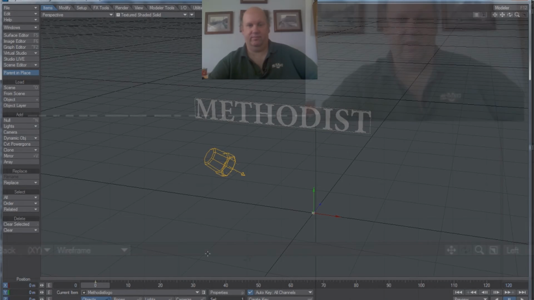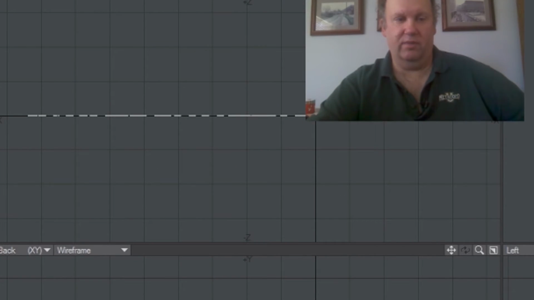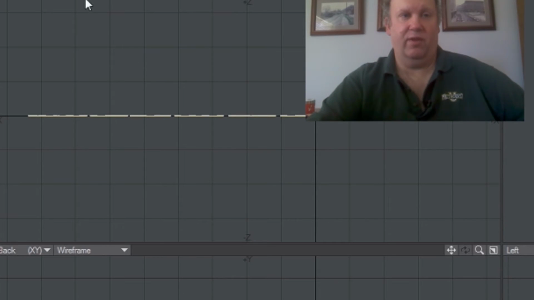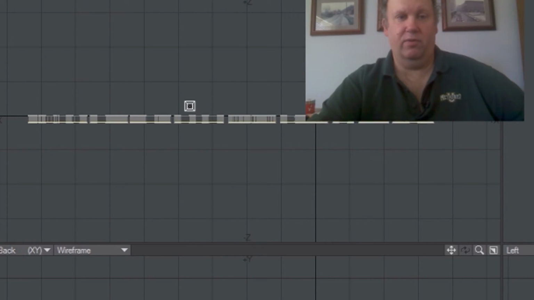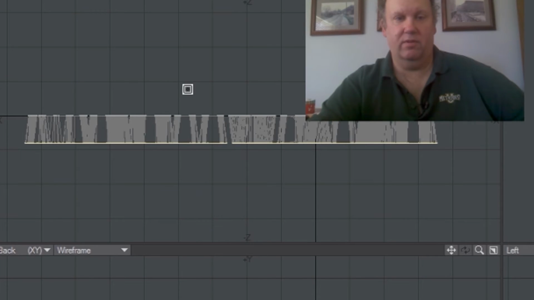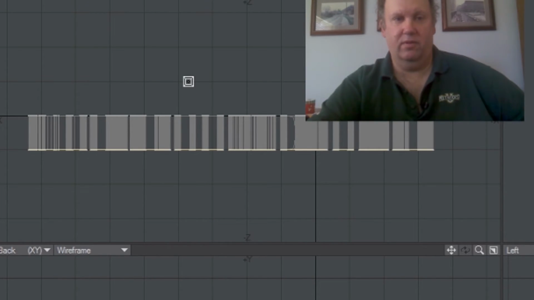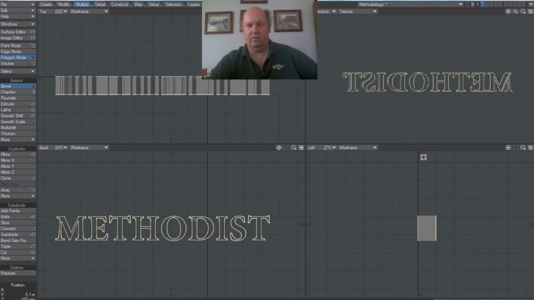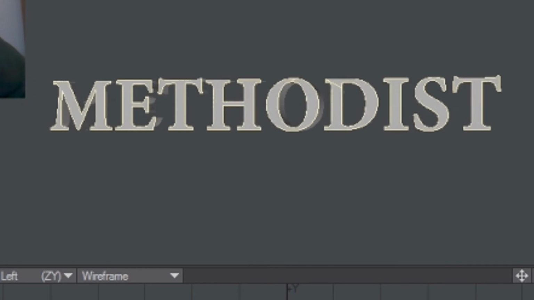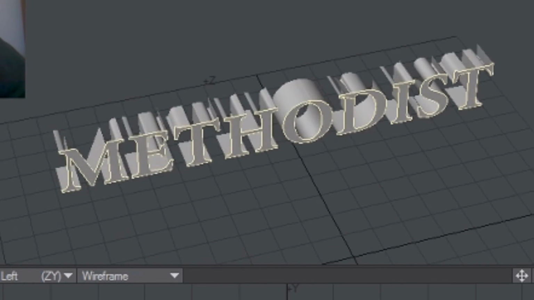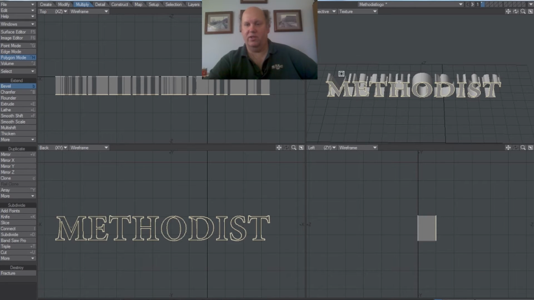And there we go. Let's say we take the entire word now and bevel it. So if we go into Multiply, choose Bevel, I'm going to pull this up a little bit. And we can see, if we look at this in perspective view, that the faces of the letters are correct. There's a little bit of problem with the edges there, but believe it or not, that's not going to be an issue. So if we save this,